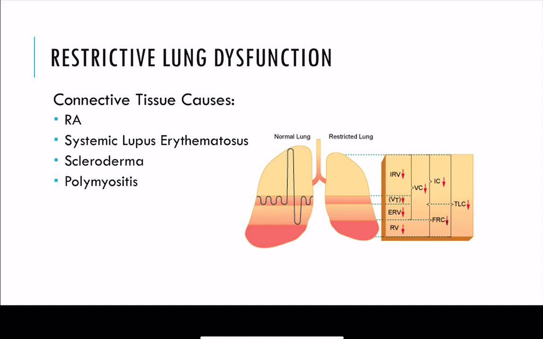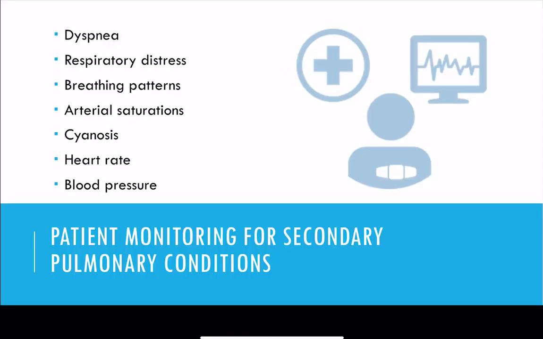Polymyositis is an inflammatory myopathy. It has inflammation of many muscles, but proximal muscle weakness and loss is kind of a hallmark of that disease. It can play a huge role on pulmonary health. So if you have patients that fall into any of these categories, and there's many, many more that would ultimately